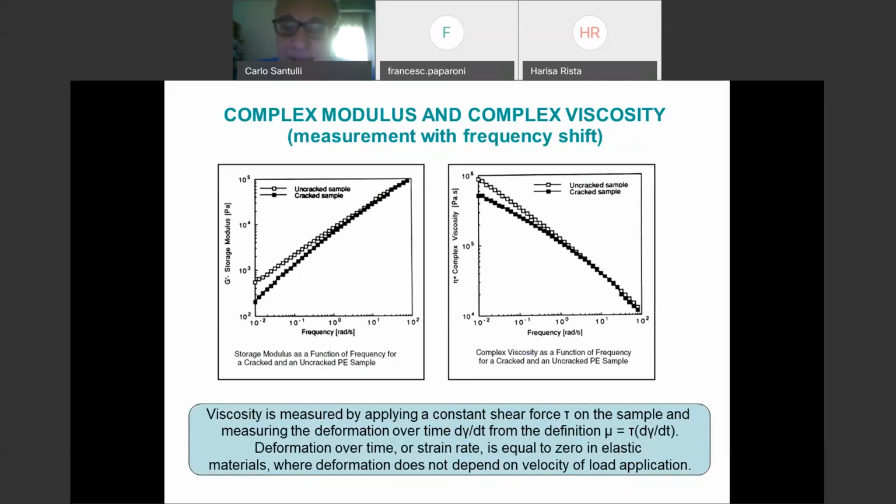frequency. So in practical terms, when you say that the material is viscoelastic, its behavior depends over time. If it depends over time, it depends also on the frequency, because the frequency, of course, is an expression of time. This introduces an aspect which is important, the aspect of fatigue in polymers. Fatigue, therefore, cyclic loading. And you can have breakage at very low load if the frequency is very high, because